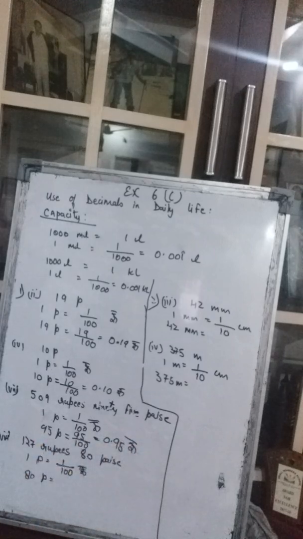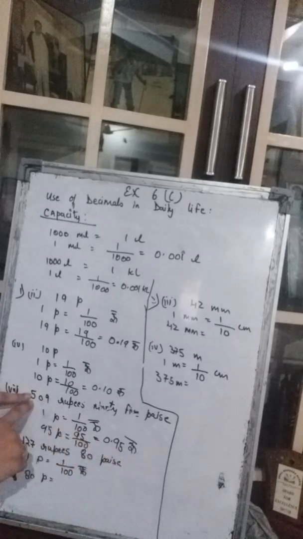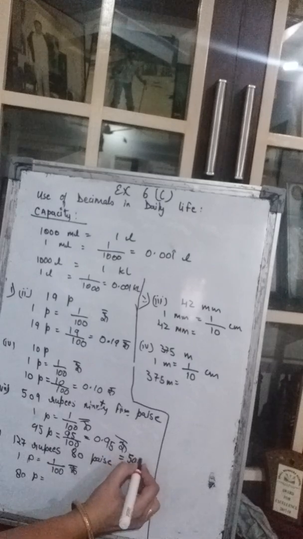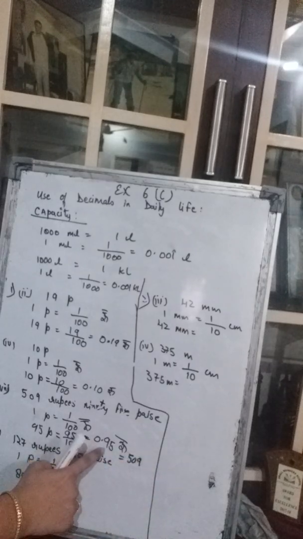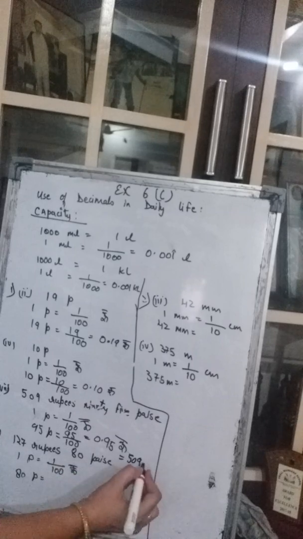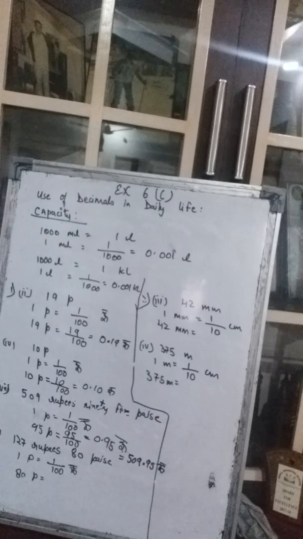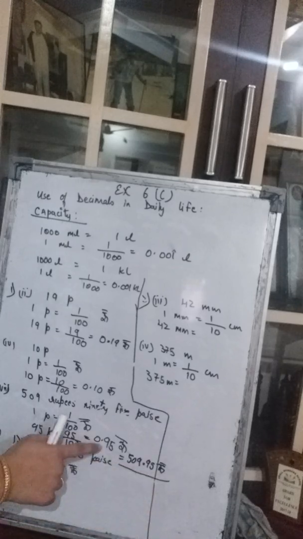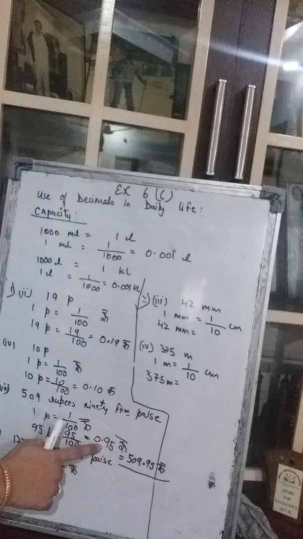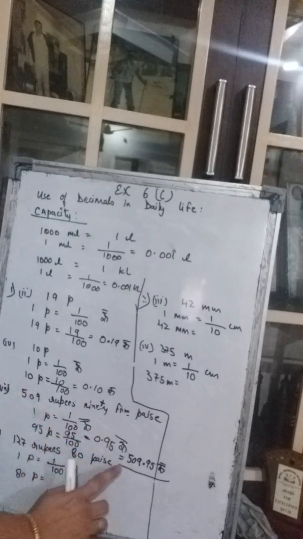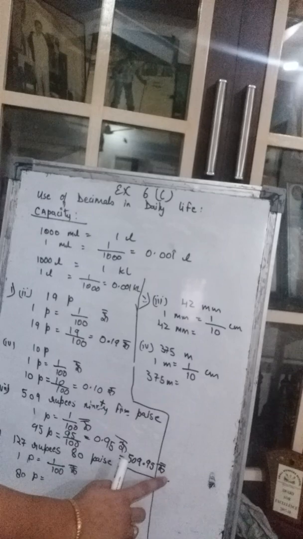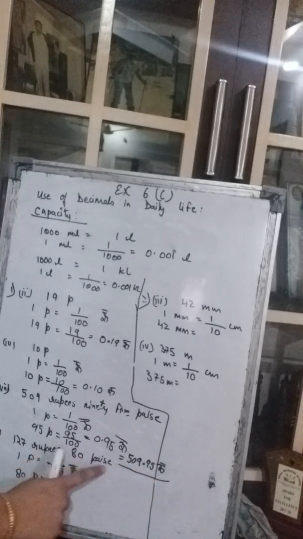Okay. Don't forget this 509 also. It is still there. So together it will be written as whatever is there in rupee, write that. So you will write here 509 and this decimal part will come after this 509. So it will be 0.95 rupee. This is the answer. Not this. 0.95 is only half part of it. We have to write this also. So 509.95 rupee.